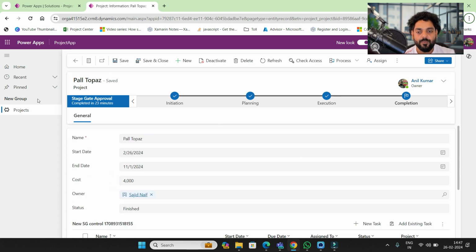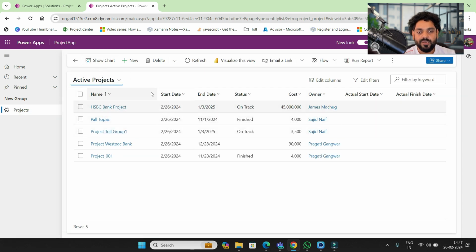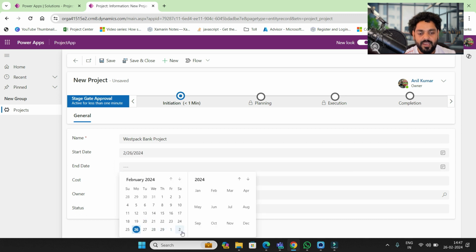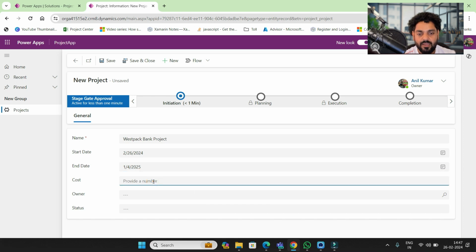So let me create one project. Okay. So here are all my projects and this is my dashboard actually. So let me create a project like Westpac Bank project. Now I will put a start date that is for today and an end date that is for December 2025 and the cost will be, suppose